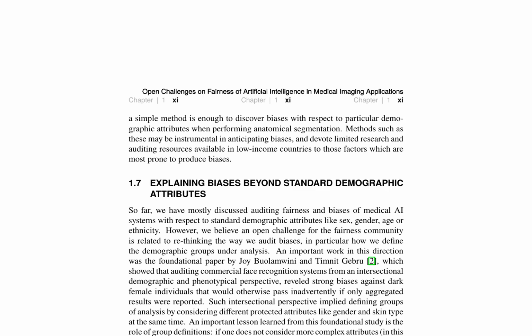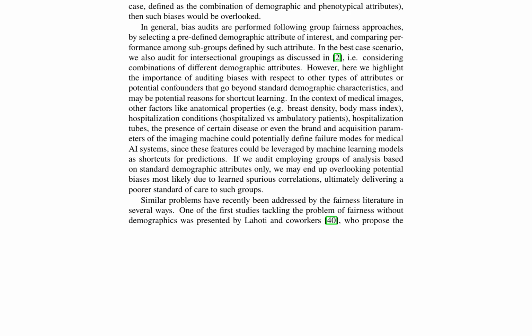The foundational paper by Joy Buolamwini and Timnit Gebru demonstrated strong biases against dark female individuals in commercial face recognition systems, highlighting the importance of considering intersectional demographic and phenotypical attributes. Bias audits typically follow group fairness approaches, selecting predefined demographic attributes and comparing performance among subgroups. However, it is essential to audit biases with respect to other attributes or potential confounders that go beyond standard demographic